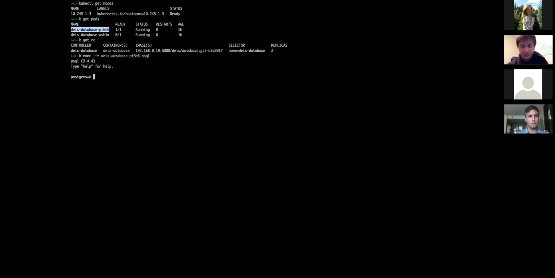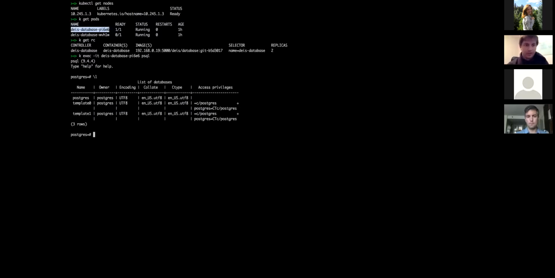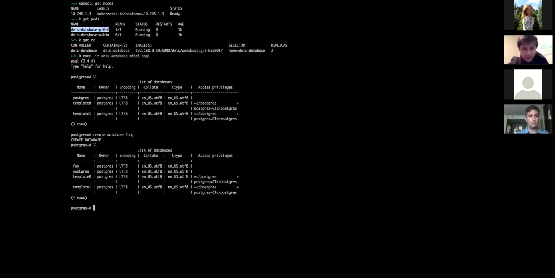we're actually inside the Postgres database. If we look, there's nothing inside of here. So let's quickly create a database in here, just for demonstration. And then if we do another one, we've now got a foo database inside of here. If we quit out of there, what's happening now is that the second database, since it's set up with replication streaming,